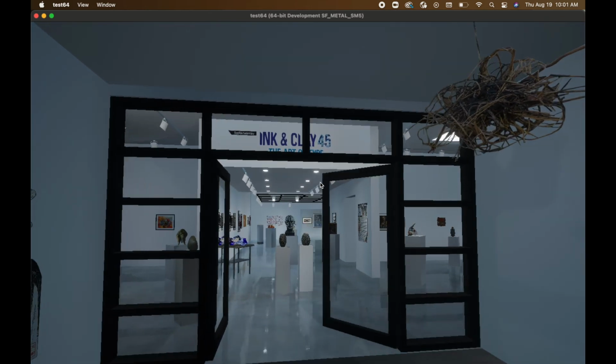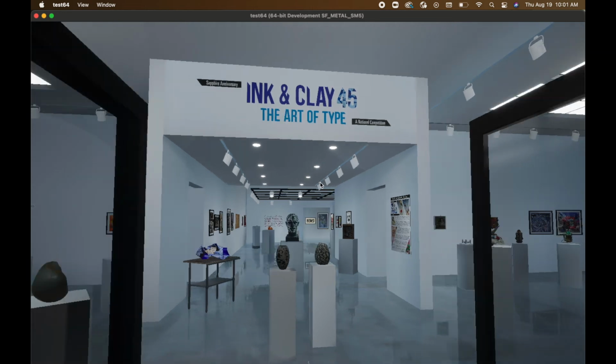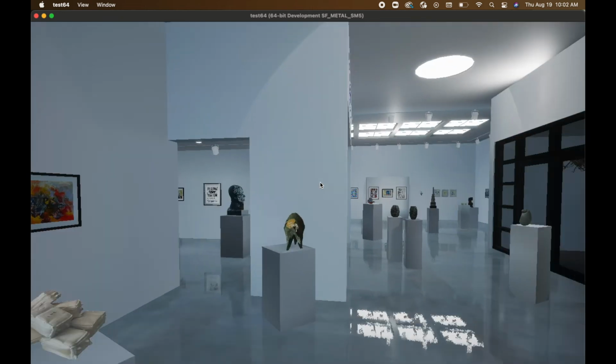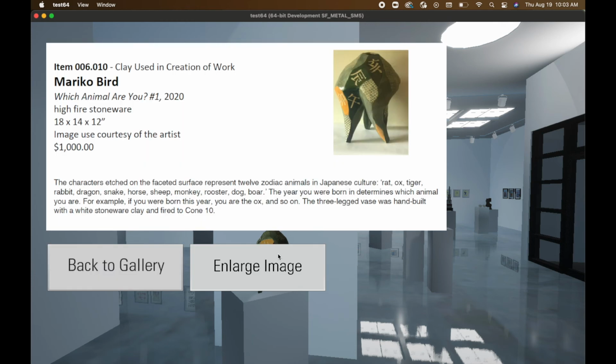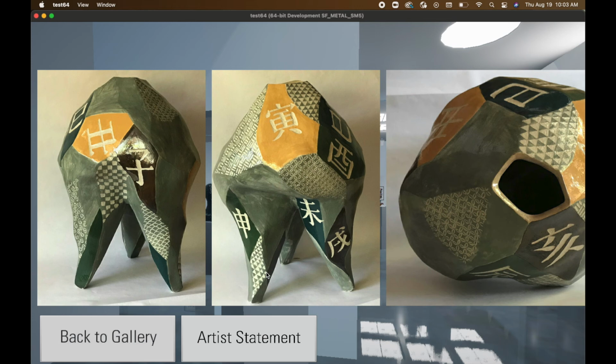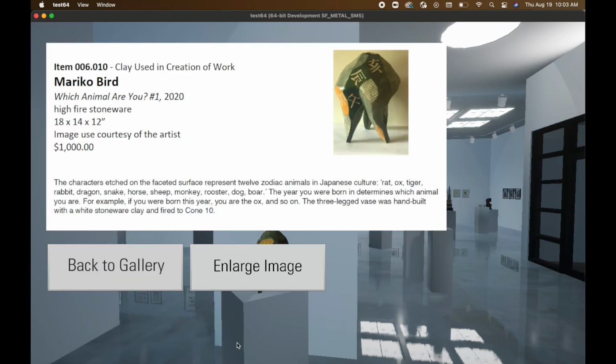And as you can see, as you near the doors, they will open, allowing you inside the gallery. So you can navigate around the gallery, and each piece is clickable, so you can click it, and a caption in the artist statement will appear. You can enlarge the image, and then you can view the artist statement again, or simply go back to the